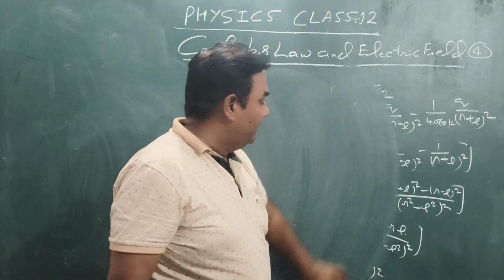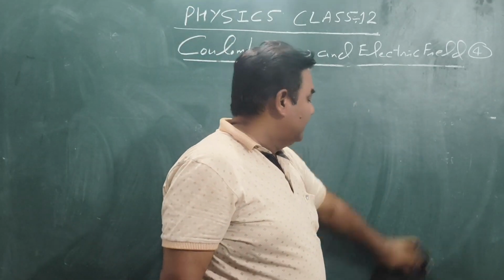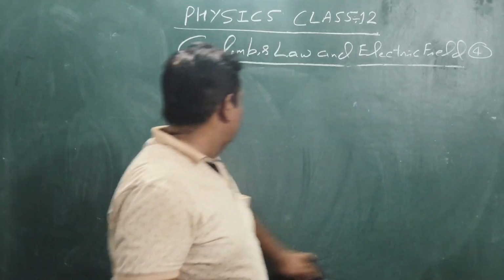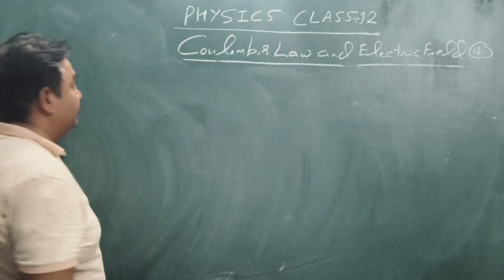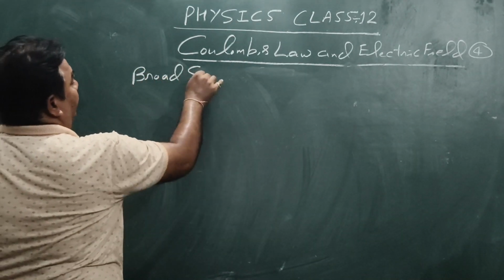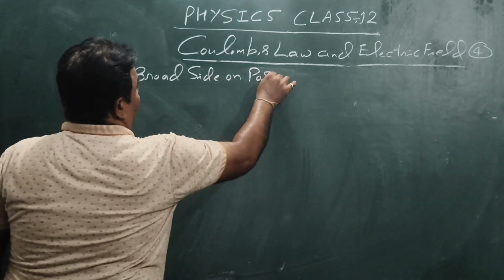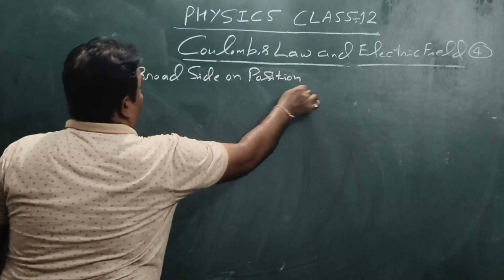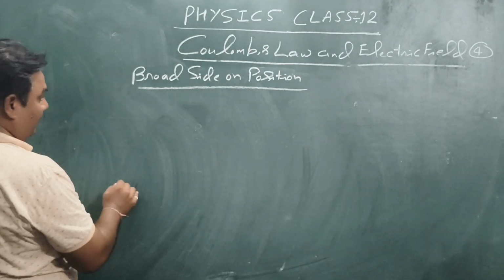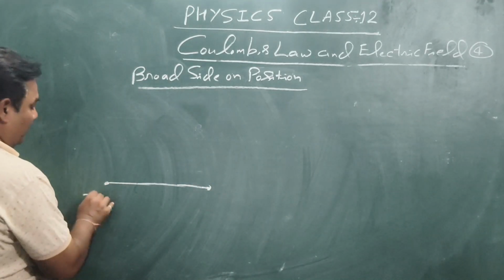Broadside on position: when we take any point on the perpendicular of an electric dipole, that is called broadside on position, or on the equatorial line. Suppose any electric dipole, made of minus q and plus